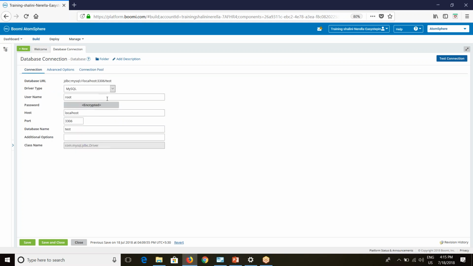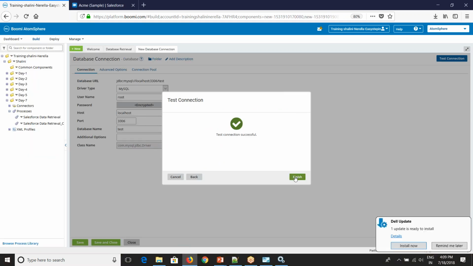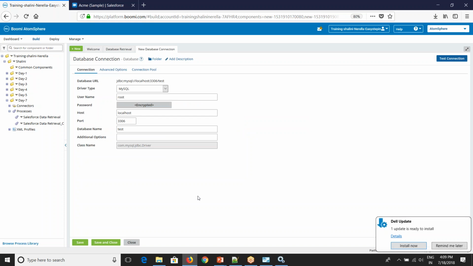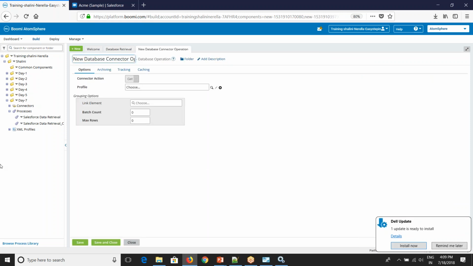So this is about the database connection. So we can once again test it. Successful. So this is done. Now we are done with the connection and we are able to see that it is connected. Now we'll go and create the operation,